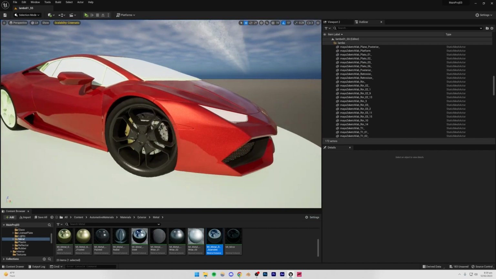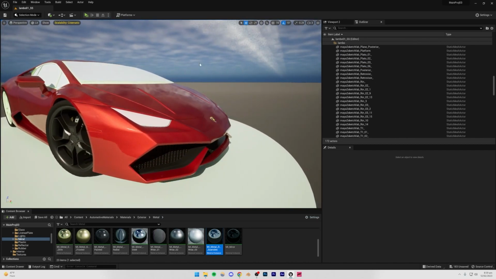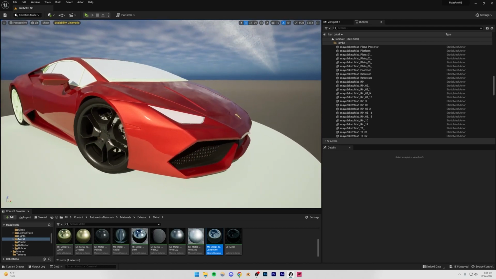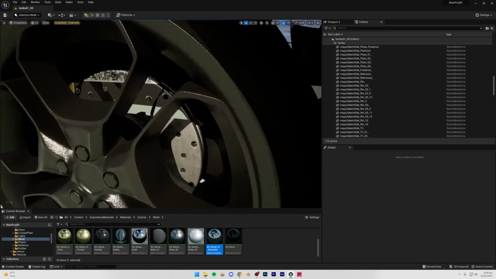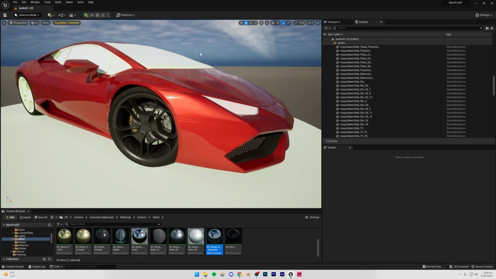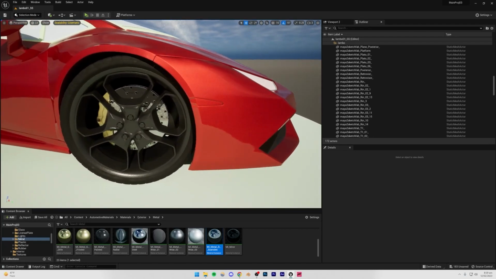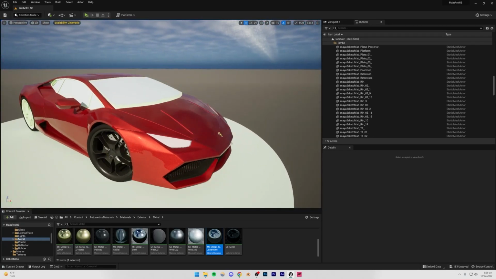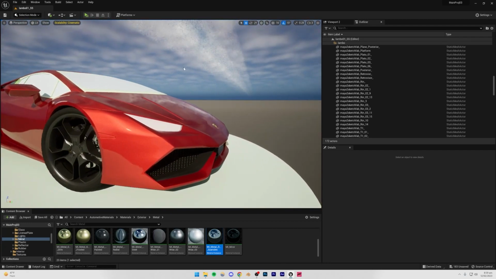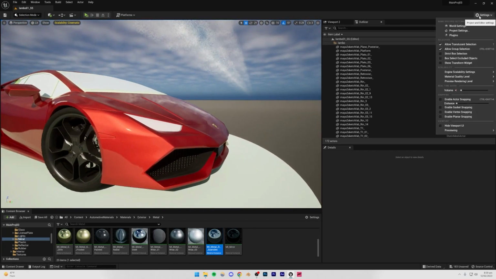If you don't have one, the quality of your scene might be a little less, which I told you in the beginning. I don't think there's a workaround, apart from the fact that you can obviously use path tracing if you want, but the render times of that are going to be a lot higher. Anyways, another thing you can do is set your scalability